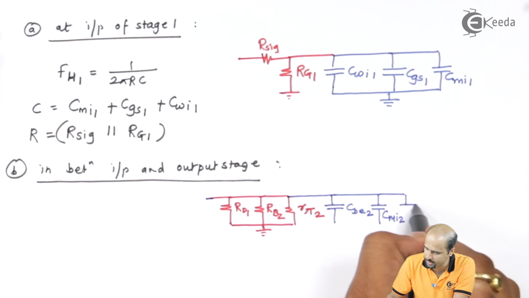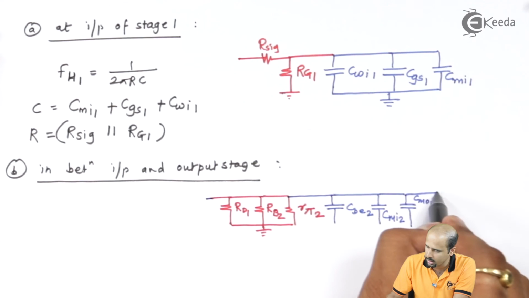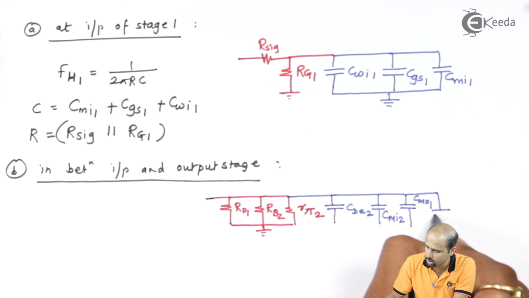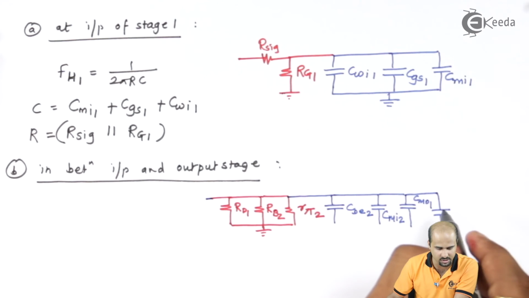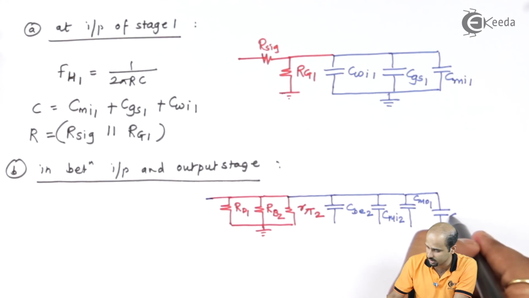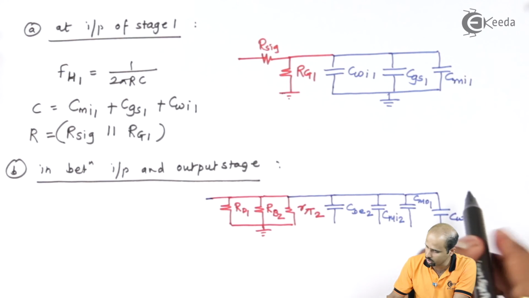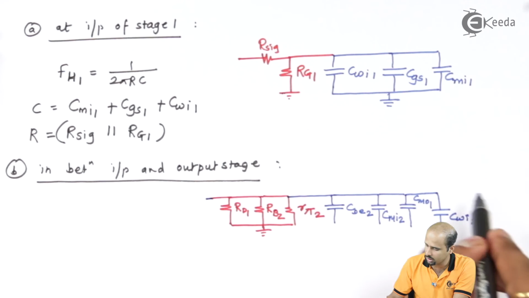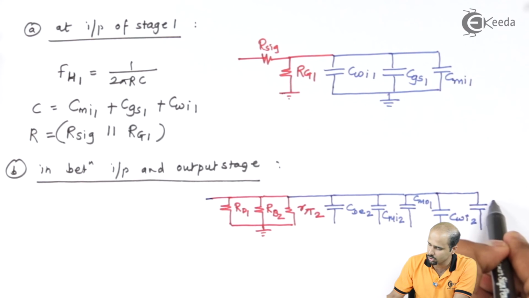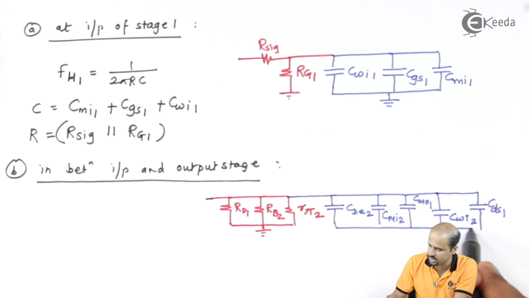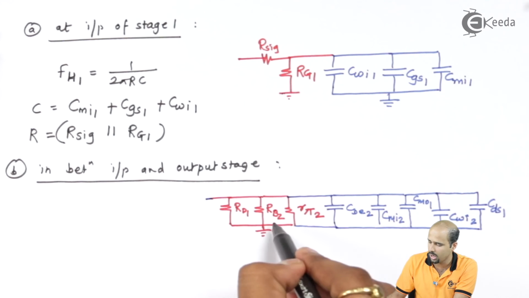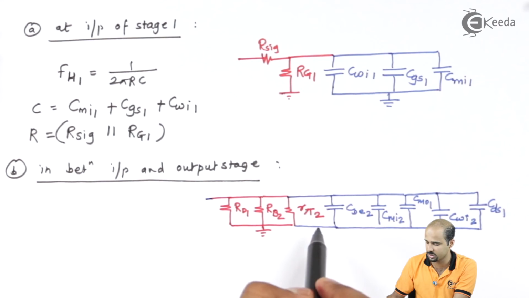Then Miller's output capacitance for the first stage, that is CMO1, and then we will draw another capacitance as a wiring capacitance, that is CWI2, and one more capacitance is left at the first stage, in between drain and source, that is nothing but CDS1. So all these capacitances are placed in parallel along with the parallel combination of all these three